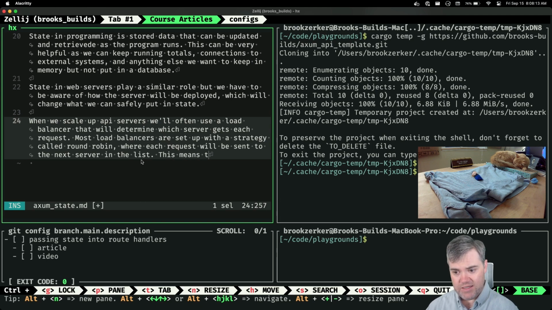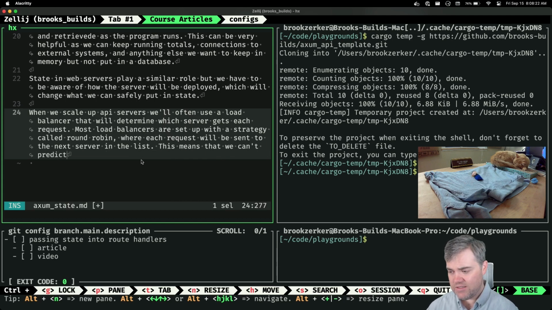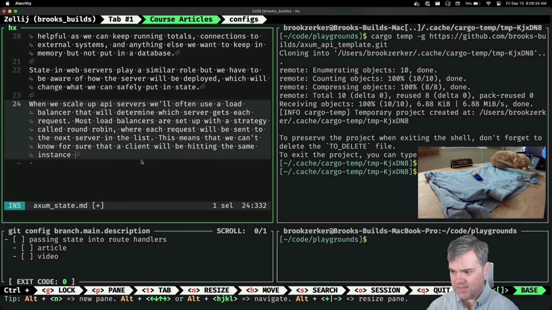This means that we can't predict, we can't know for sure that a client will be hitting the same instance of our server each time they make a request.